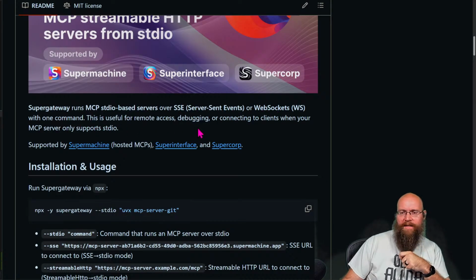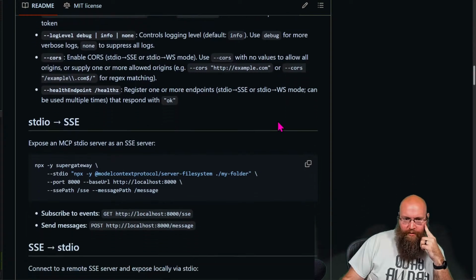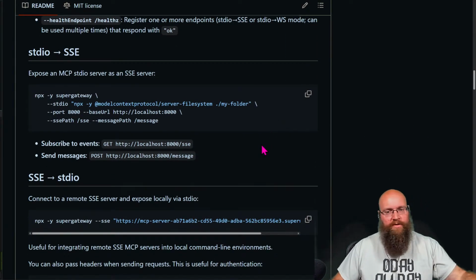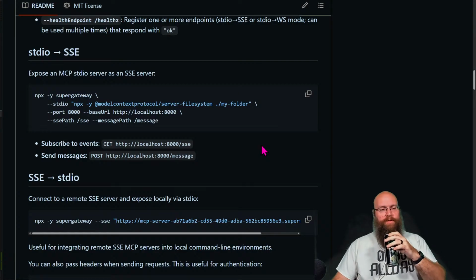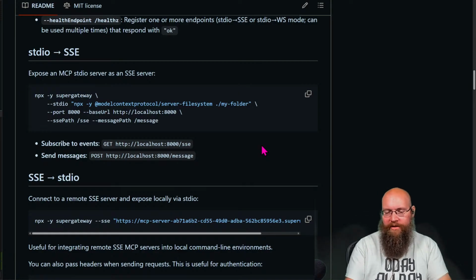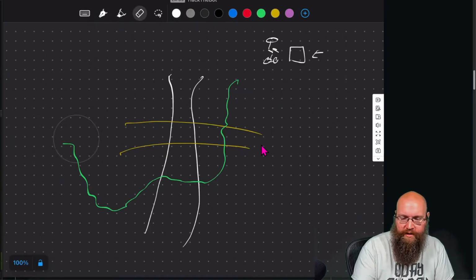Useful for remote access, debugging, and connecting to clients where MCP only supports standard IO. That sounds cool, but unless I could plug other features into this, I don't know if I necessarily want to even do this. I could see potentially using this if, for example,